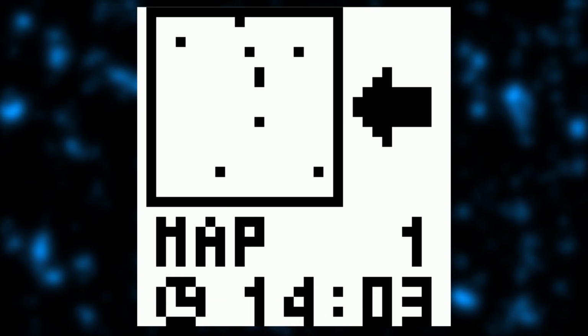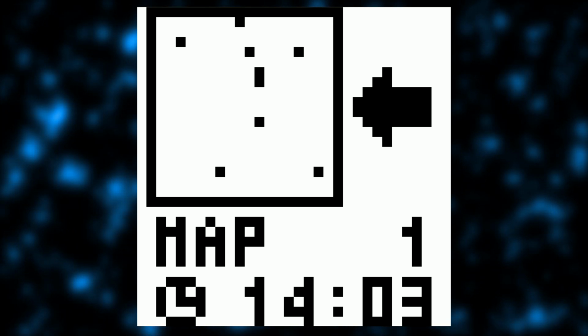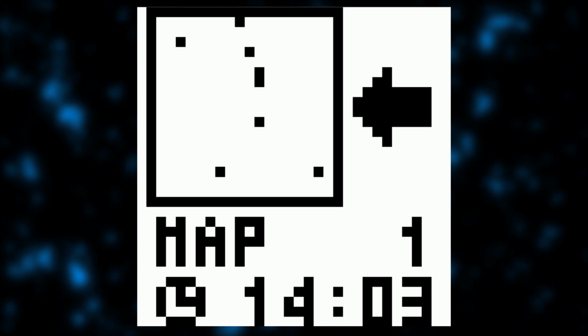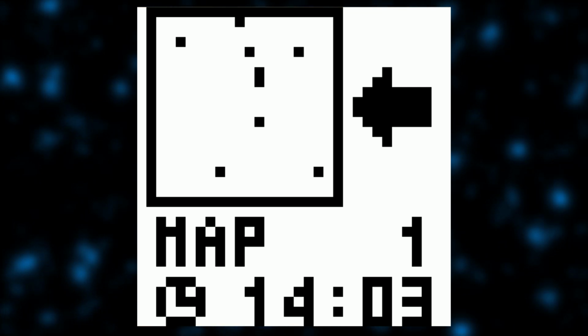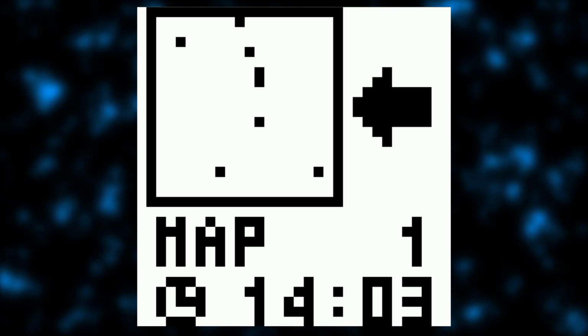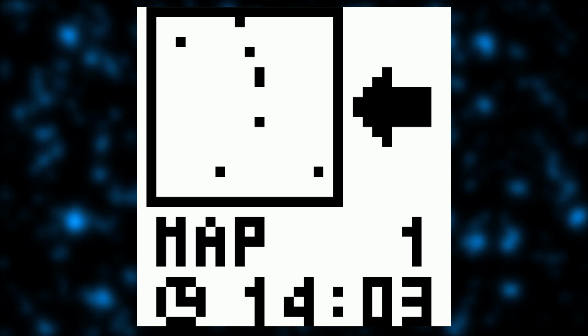This is the menu. It shows the current map you are on, which coincides with your level. The black flashing dot is Boko's current location, and the black squares are events, which you want to land on. Also, it shows the time, which is nice, I guess. Because it was a Tamagotchi, it has a little clock so you could see it's 2:03 when I